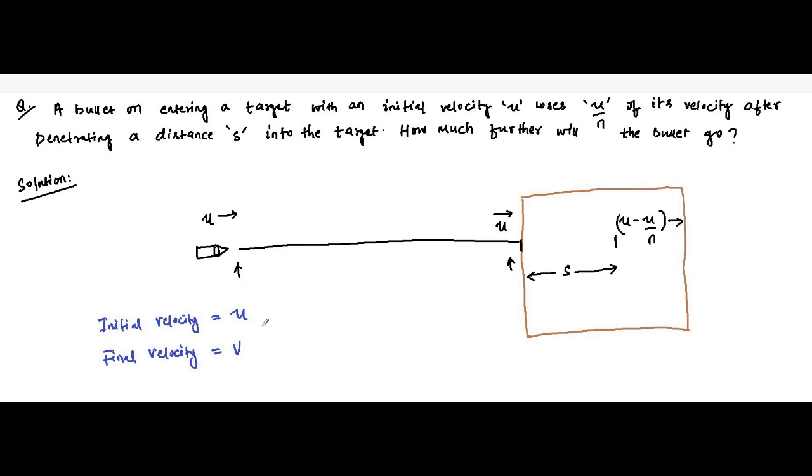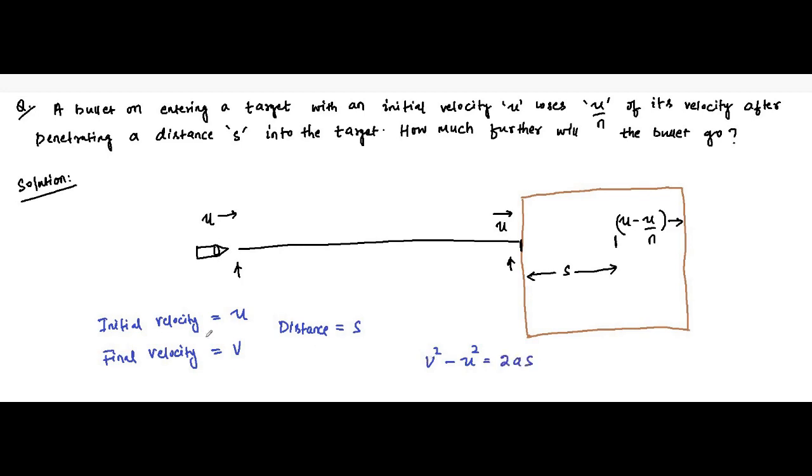The distance, as it is traveling in a straight line path, so distance or displacement, is equal to s. Now here we can put the equation of motion v square minus u square is equal to